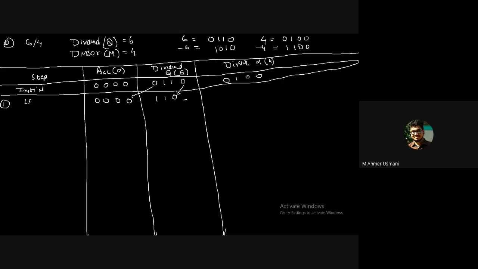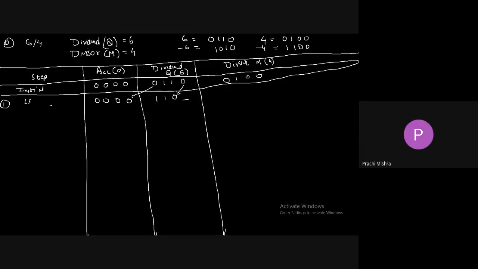Okay. In this place, what will we be putting? Our quotient. Our quotient will be placed in this particular place. So one place after another, the quotient will come here, then the next place will be empty again, then another will come. So after 4 cycles, what will we get in the dividend? At the end you'll get your quotient, and whatever is left will be there in the accumulator. So your remainder will be there in the accumulator and the quotient will be there in the Q register. Is this clear?